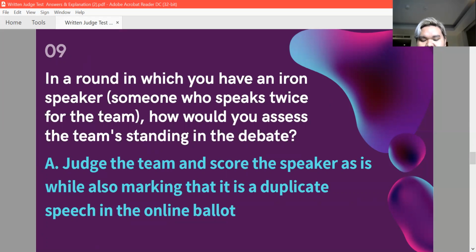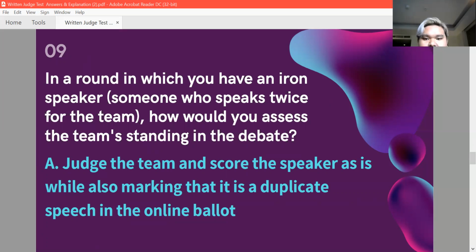B, give them an automatic loss because it is supposed to be a team sport. C, judge the team and score the speaker as is by pretending that the other speaker actually spoke, and you score both of them separately. And D, score the speaker higher for the extra effort of helping the teammate. The answer is